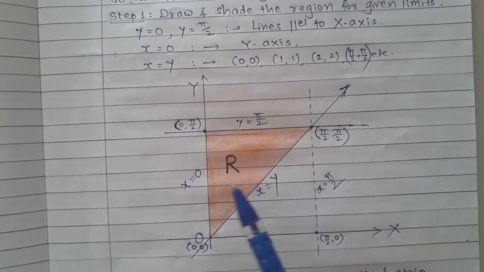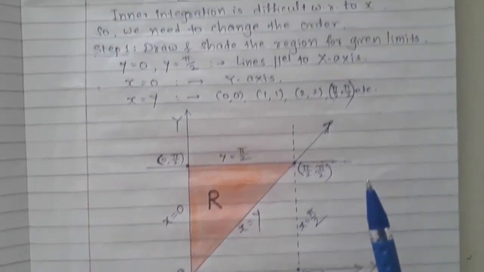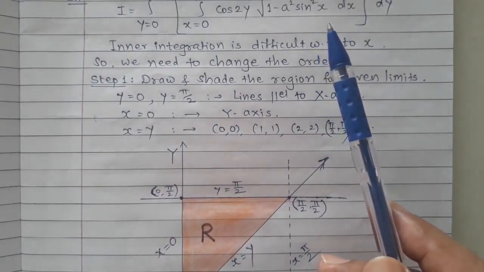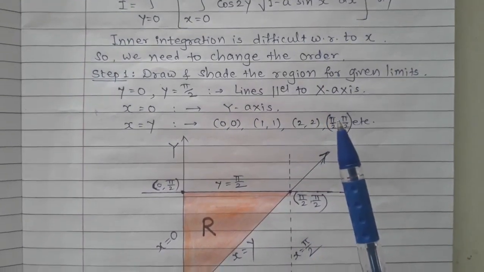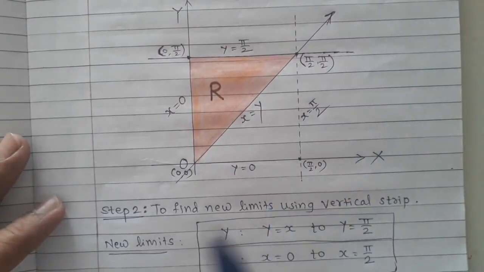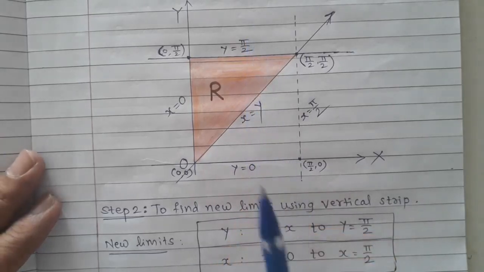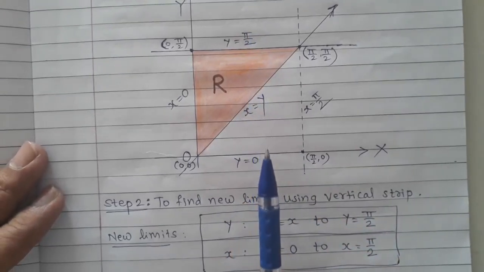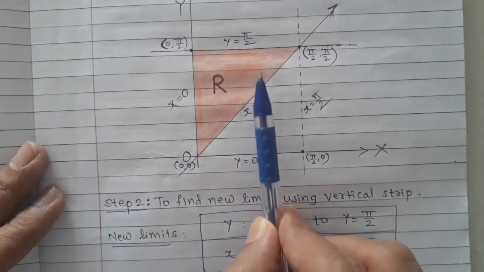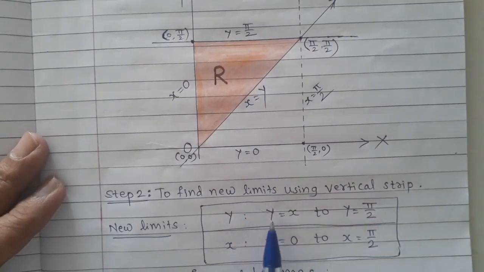So that is the colored region, the region where the initial inner integration was with respect to x, so horizontal direction was considered, that now will transfer to vertical direction. So to find out new limits, I will consider the direction of the bullet firing from bottom to top. So when this bullet is fired, first of all it will break the wall x equal to y, that means actually y is equal to x.